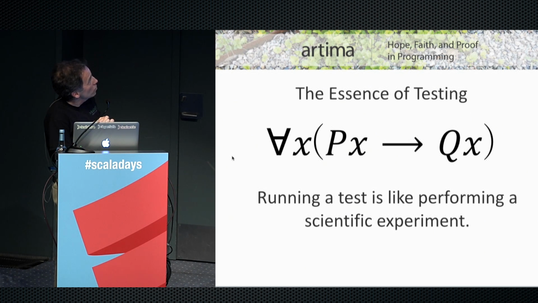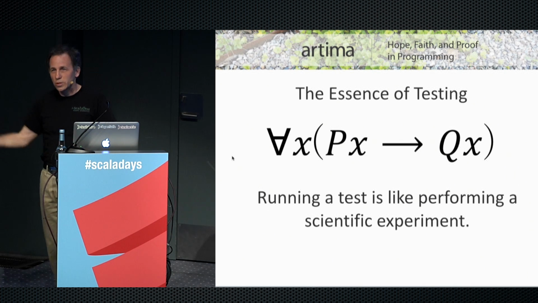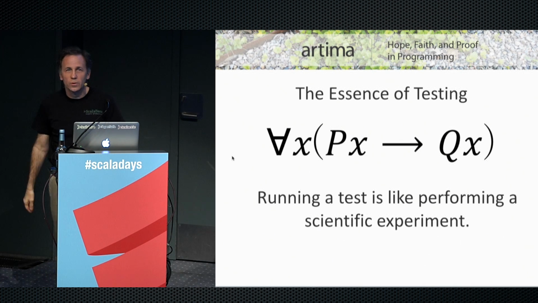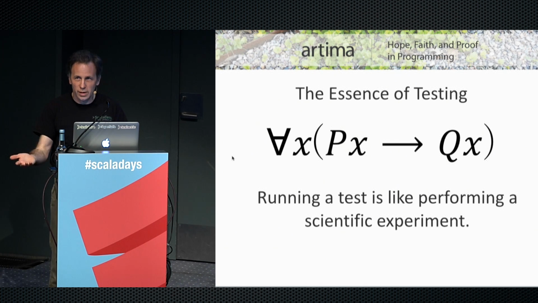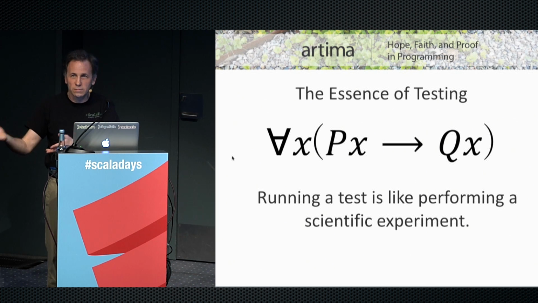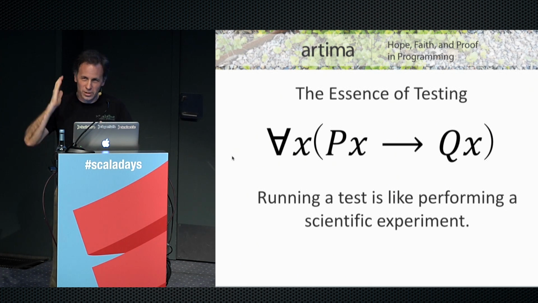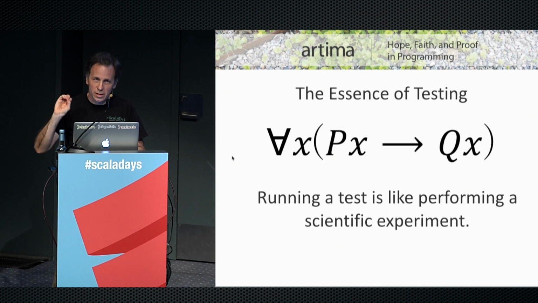So that's what a test is. And then instead of trying to do what Tony Hoare wanted to do, that was his goal, proving the correctness of software, what we're doing is more like science. We're trying it and observing. We're just performing experiments. Our hypothesis is that the code behaves as we expect. That's what we think is going to be true. But we try it. We don't just believe it without looking at the facts. We actually try it, and then